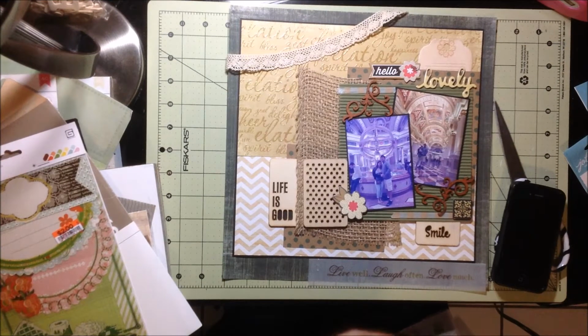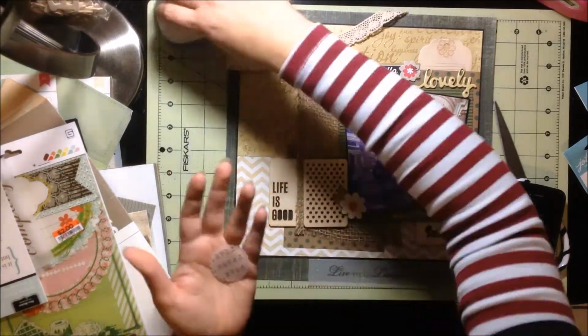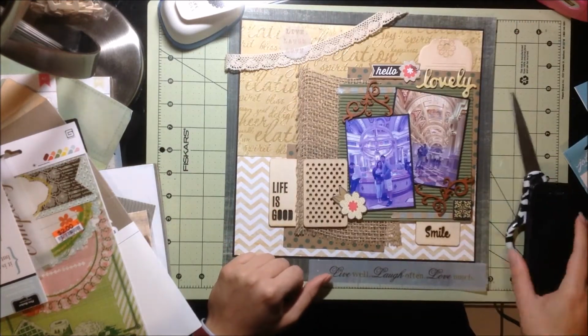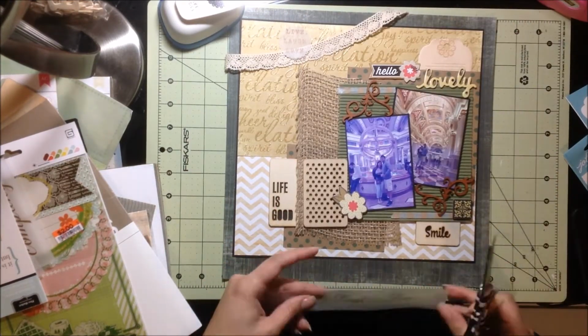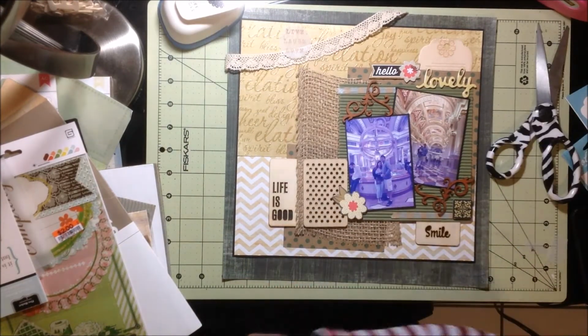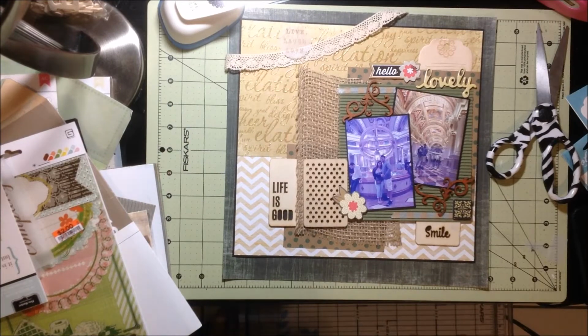And then I'm just taking that vellum pack, and I'm going to punch out with my scallop punch. Just going to punch out a little vellum piece, and that just says live, laugh, love. And then that bottom piece that I also pulled out, I'm cutting it off screen because I don't want to place my